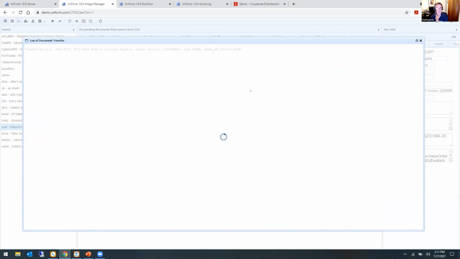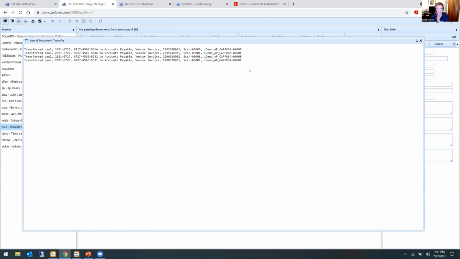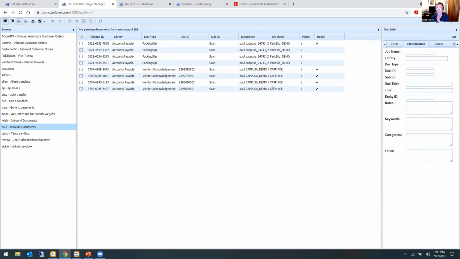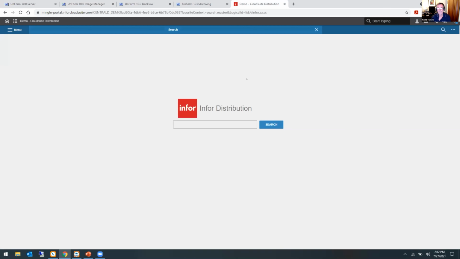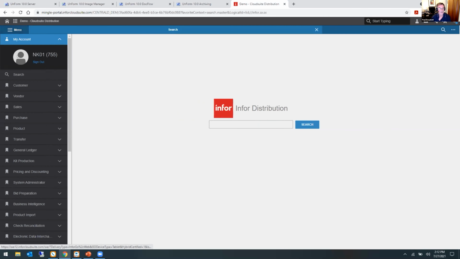Now, typically, we'd have the full automation turned on, so anything with a check mark on it, you typically wouldn't have to even look at in the image manager. Just process through, and you'd only review the exceptions that are in there. So we've done that. Now, if we come over here and take a quick look in,